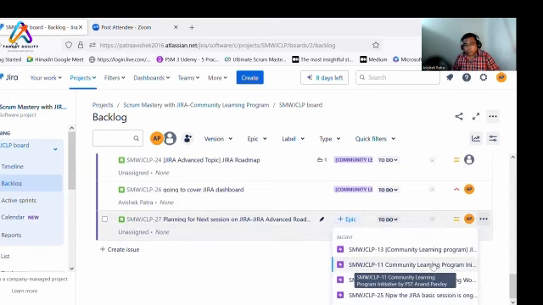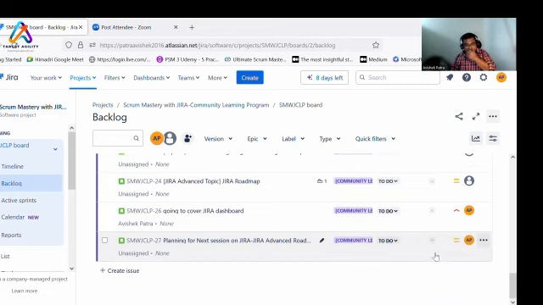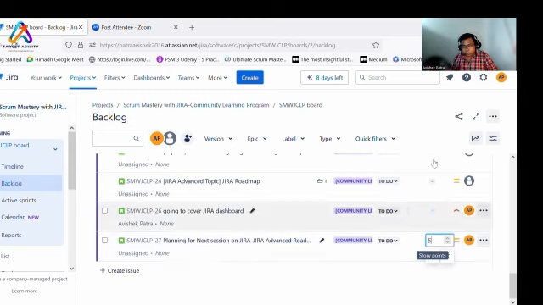Okay, let us select one epic, Jira basic training, since we are going on with this, even though it's an advanced session. For the sake of understanding, let us create. And here you can add a story point. So you can do 1, 2, 3, 5, 8. For planning and all, I can make it a story point of 5. I have to create content, and based on the complexity, dependency, time, whatever it is, I have considered a 5. You can do this using Easy Agile Planning Poker as well.